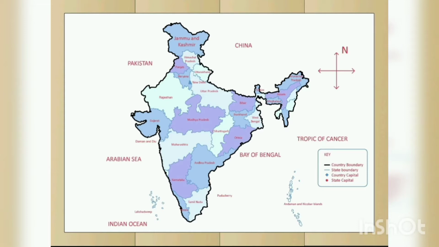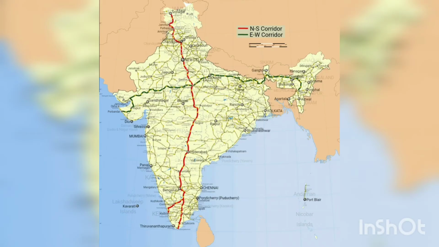What are the other two water bodies to the east and the west? To the east we have the Bay of Bengal and to the west we have the Arabian Sea. So when you have a compass rose, it's easy for you to mark it. Now again you see another one. Here they have just divided the north-south corridor. North-south they are showing with the help of a red line, and the east and west corridor they are drawing a line across, and that is the east to the west.